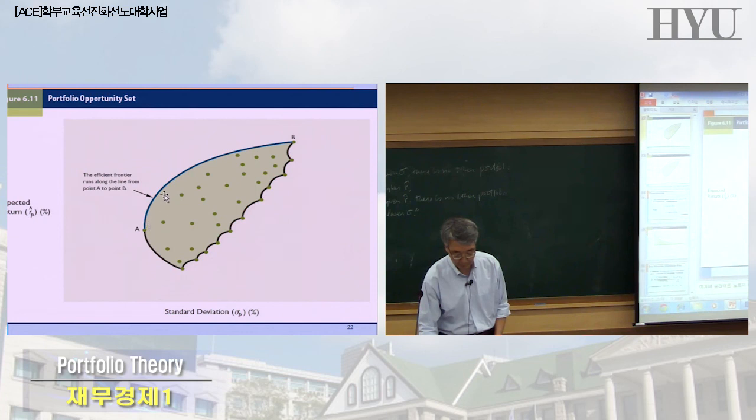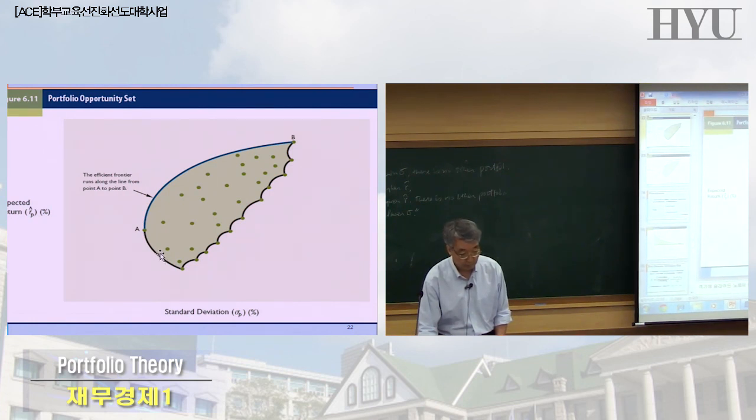So if you have any point right here, that's efficient because there is no other portfolio that has higher return while maintaining the same risk. You can't find any other portfolio with a higher return for the same risk, or lower risk for the same return. So all the combinations of portfolios inside are not efficient. Only those portfolios on the frontier are efficient. Oh, between A and B, if you have any point here, any combination here, it's not going to be efficient. You know why?